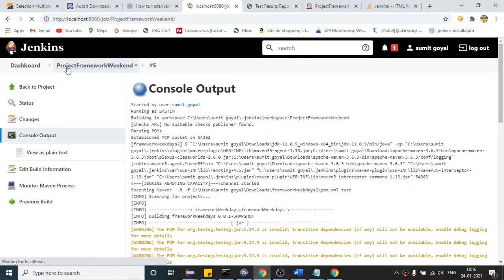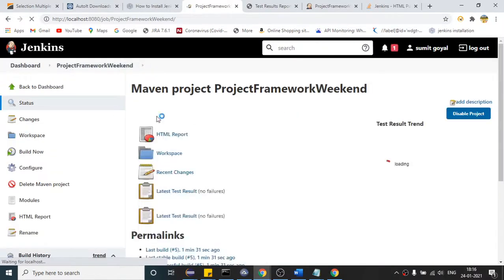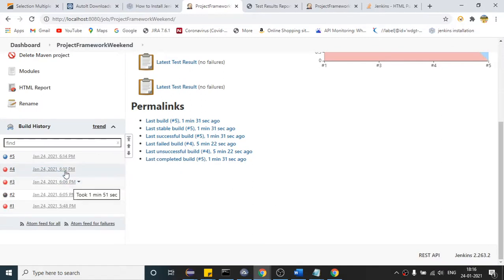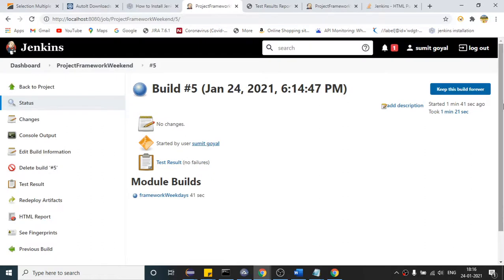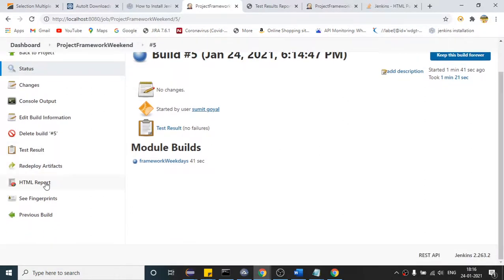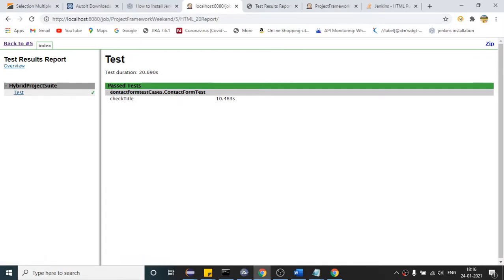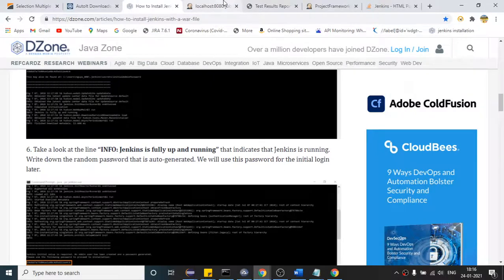And if you come here and come down, so do not click this, just come here. So which one you want to see? I want to see the one which is passed. So click this. When you click this, come down, and this is the HTML report attached, right? So you can see total test case 1, pass 1. Click this, right? So only one test case and it is also passed. So no screenshots are present. If it fails, the screenshot should be present, right? So are you able to get how we are getting the report every time?